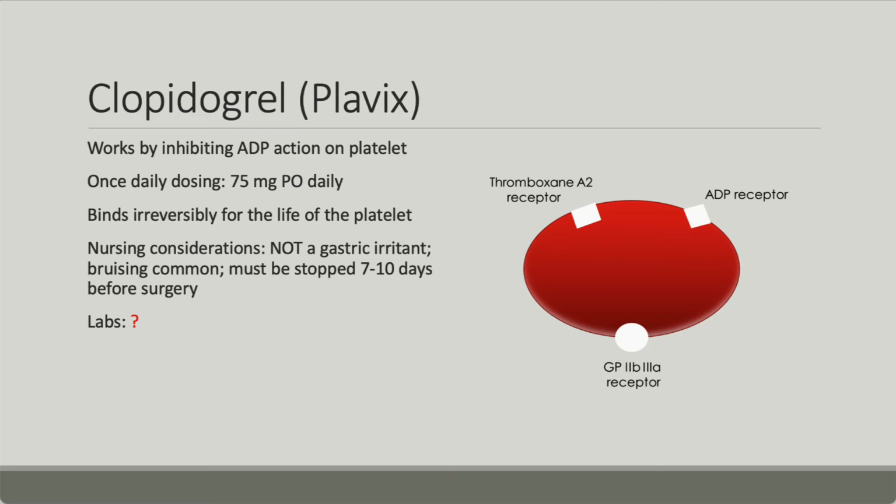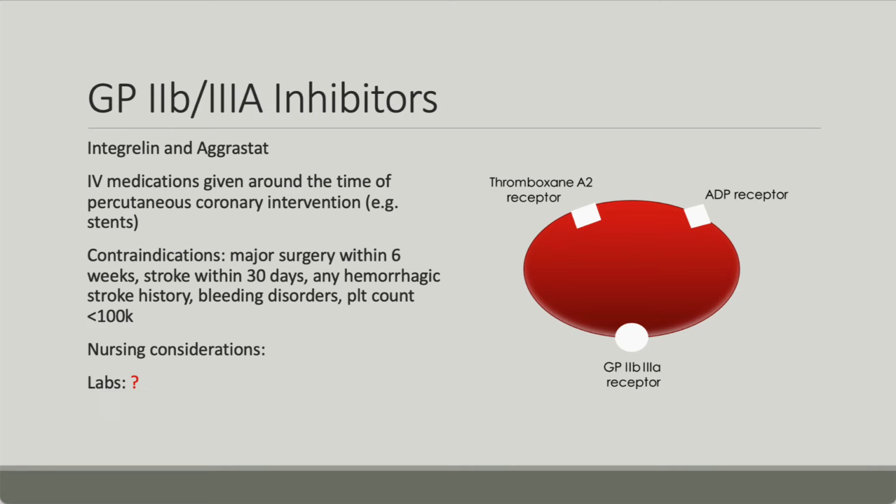Now, if they come in and they're dying because they have an aortic dissection or something, then we take them to the operating room and we give them platelets, and we make those platelets work just by giving fresh platelets. Okay? Similarly to aspirin, there is no laboratory test that tells us about the effectiveness of Plavix. We just know that when we give Plavix, it's going to work because it binds irreversibly to those platelets.